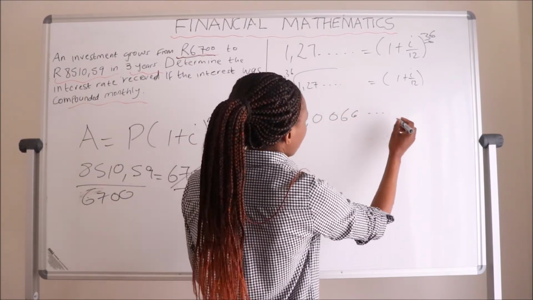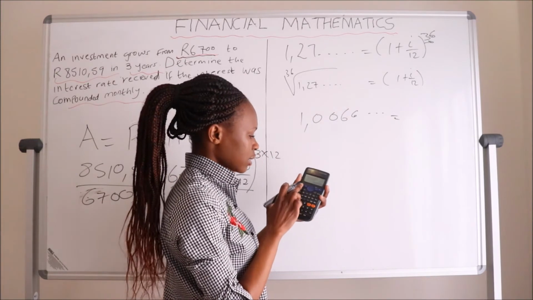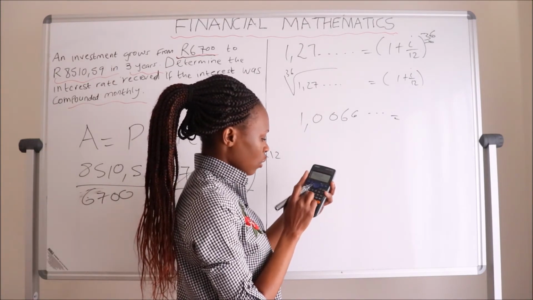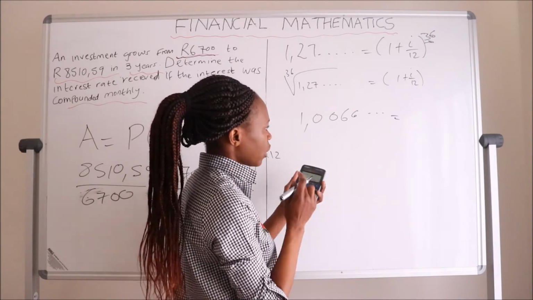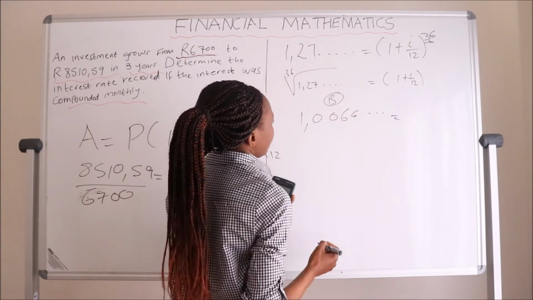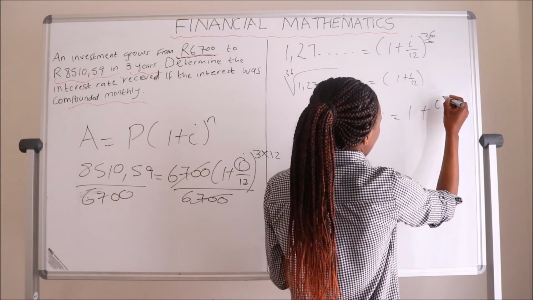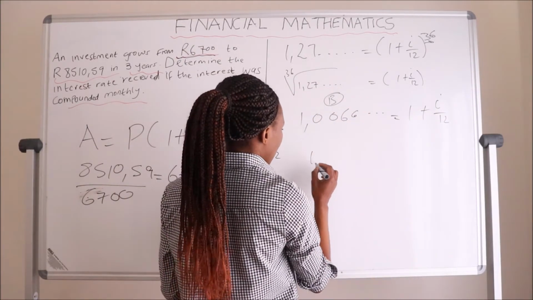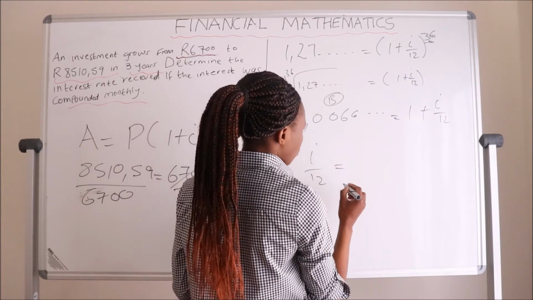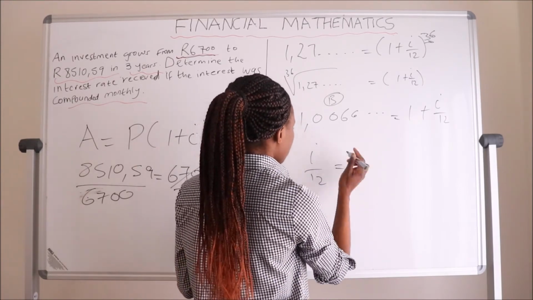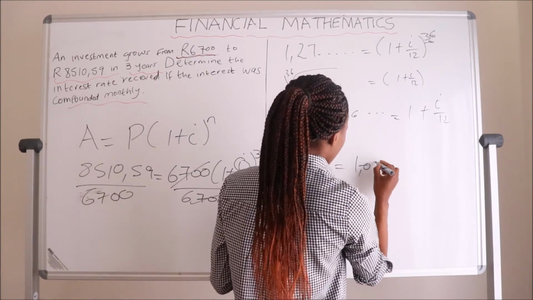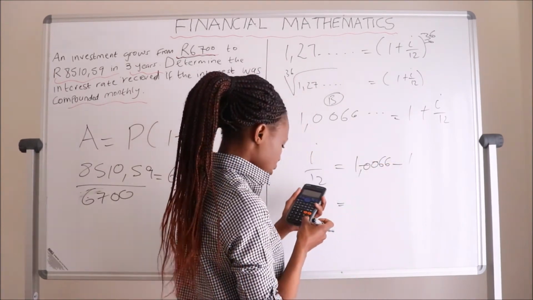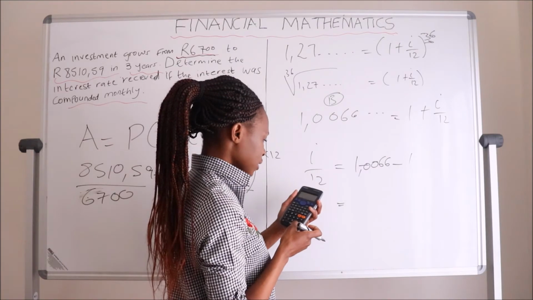That will give us 1.0066 going on and on, of which I will still store this at one of the alphabets. So it will be Shift, Recall, and then I will store it at B. So that's alphabet B, it's equal to 1 plus i divided by 12. So now to have 1 plus i divided by 12 as our subject of the formula, we just have to subtract 1 from this 1.00 that we have there. So this minus 1 will actually give us